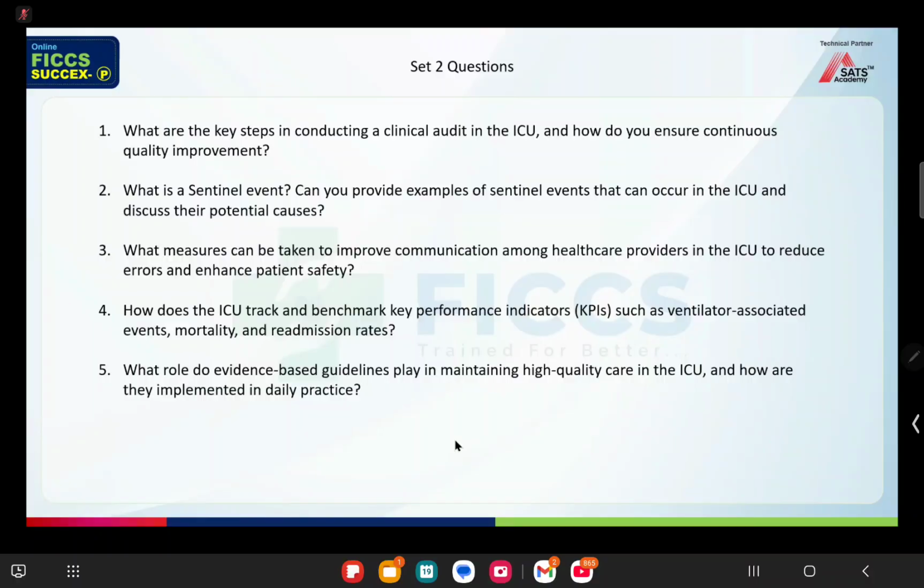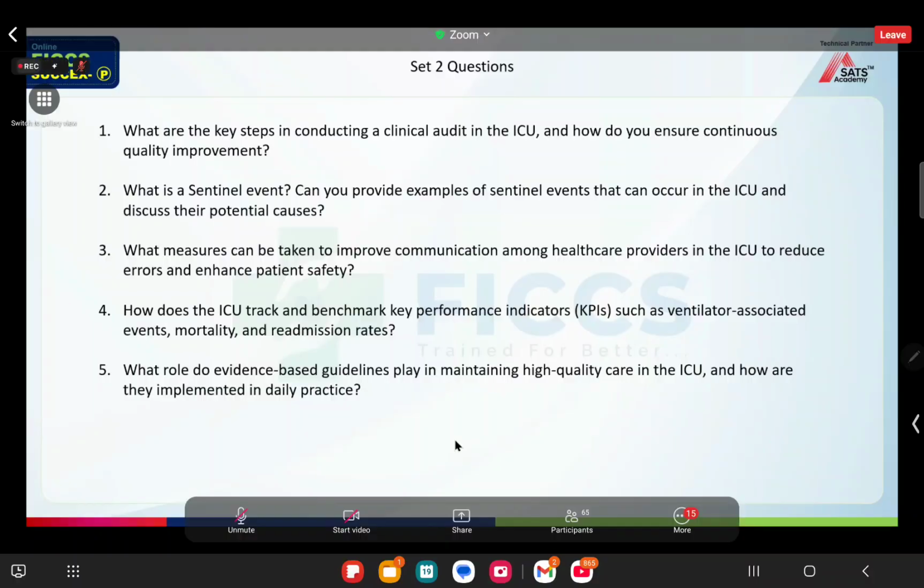So these are the certain things that you need to put up, and then you do the analysis of the data. Okay, and then once you do the analysis of the data, you come with the observations, you go and tell the team, these are the things which we have done, this is where we need to improve, and then you start training the people on those. And prospective. Retrospective is they go and collect data for a